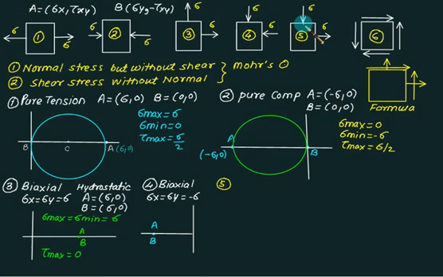In question number 5, we have one stress positive and one stress negative. This is also biaxial, equal and unlike stresses. So this time sigma x is plus sigma and sigma y is minus sigma. So naturally the points will lie on opposite sides of the origin. So coordinate of A is sigma comma 0, and coordinate of B will be minus sigma comma 0. So both points will lie on the sigma axis and equidistant from the origin. A will lie on the right hand side and B will lie on the left hand side.